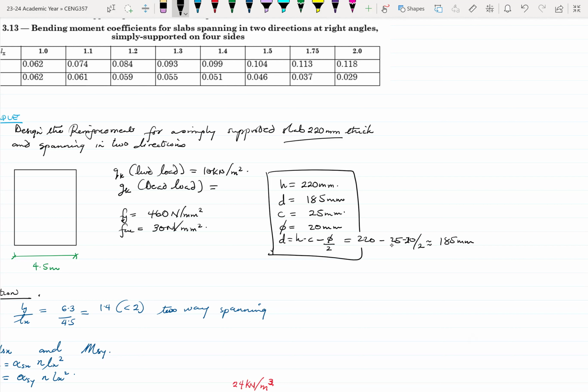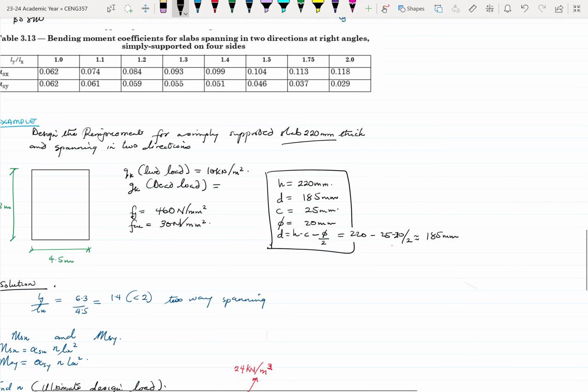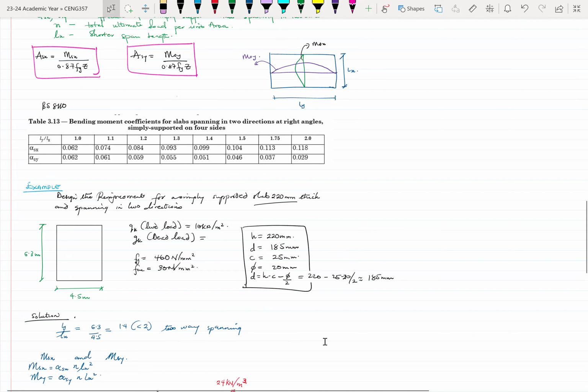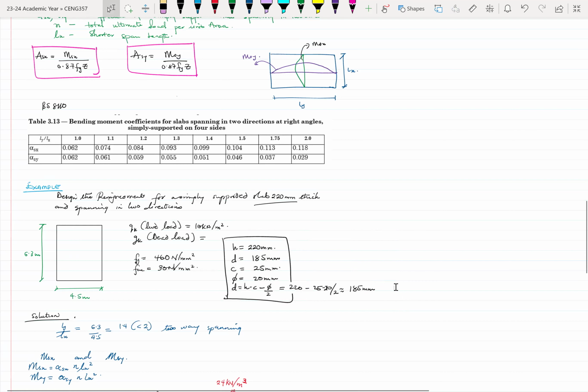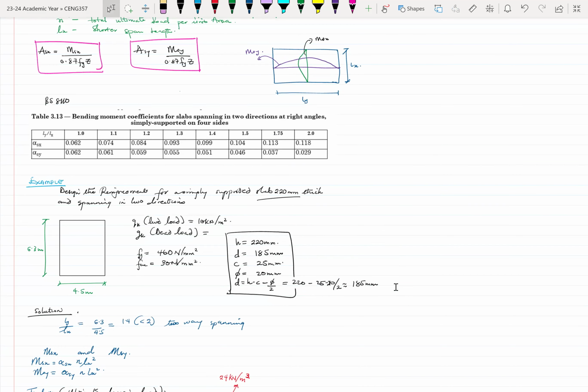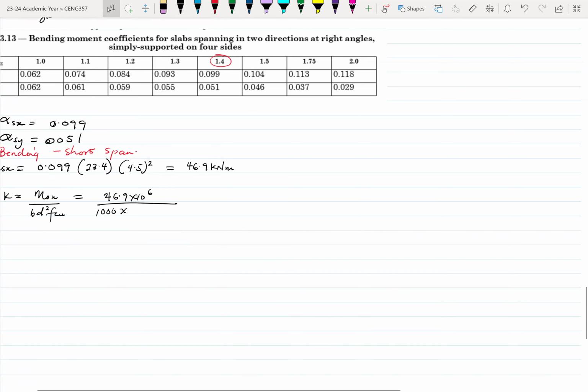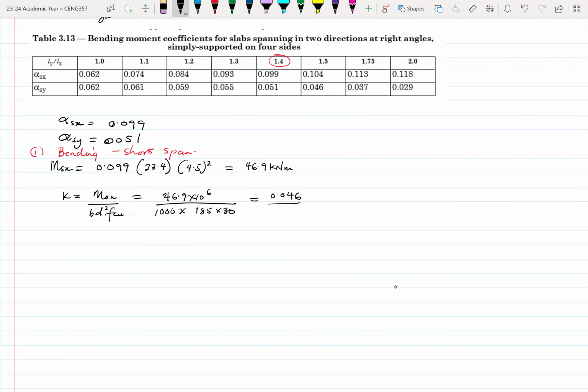That we are working with. So this should make some sense as to how to get a D. And then as part of our notes, we mentioned that when choosing the D, you have to take into consideration a short span. So then this would give us 185 times an FC of 30, and that should give us 0.046. And those very small values indicate that when calculating for AS, where ASX is equal to MSX over